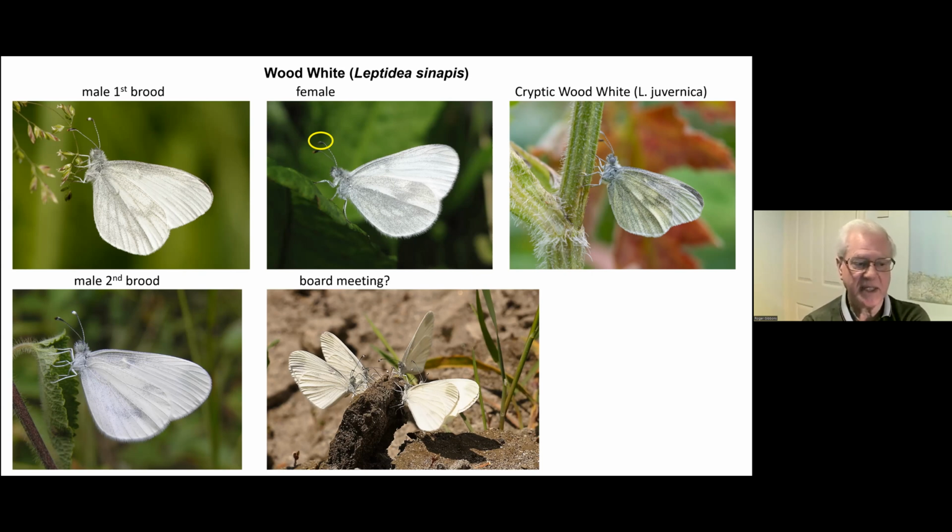And DNA studies in 2011 showed that a third species existed, for once an accurately named butterfly called the cryptic wood white, Leptidia juvernica. And it appears, from what we know so far, that the Real's wood white from Ireland are in fact cryptic wood whites, juvernica, and that juvernica extends across Europe. And actually, DNA study shows that it predates the wood white, sinapis, and Real's wood white. I included